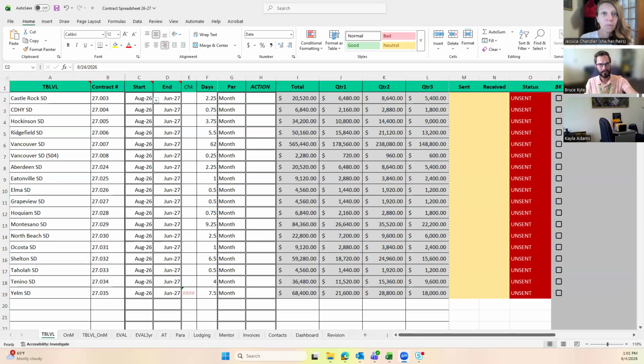And the real magic for this happens in columns J through L, quarter one, quarter two, and quarter three. So what those do is, I think we lost Kayla for a second. I have a question in the meantime. Maybe you were going to cover this, so I apologize. But we have our total, and it looks like every single quarter is different for billing. Why is that amount different? That will be answered by the next thing,